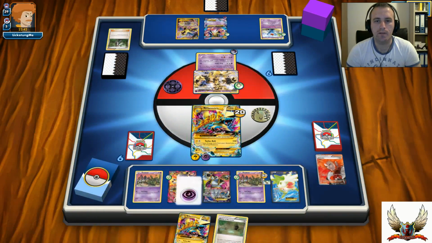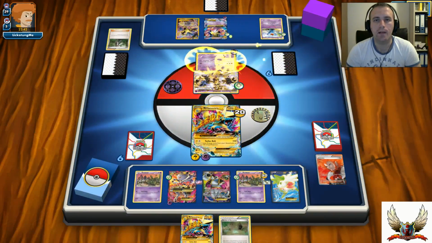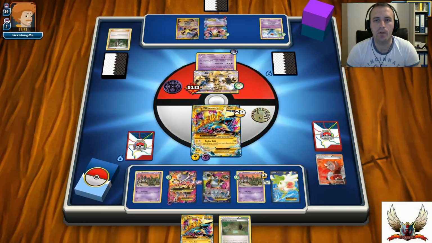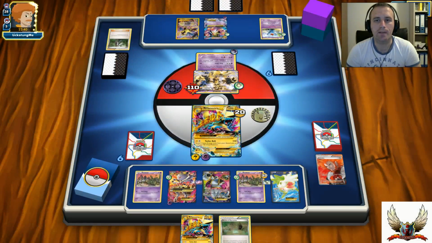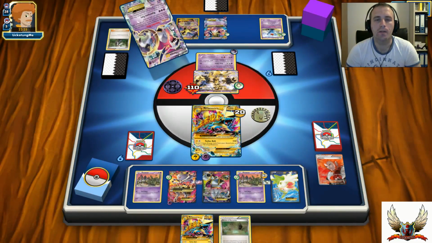Shrine of Memories, but I don't need that. Just Turbo Bolt for 110. Next turn I can get rid of that item lock, and that could be a nightmare for my opponent, because even if he finds another Mega Alakazam, he's not going to be able to actually knock out my Manectric, because he can do just 130, I guess. Yes, 130. So there's another Hoopa play for that Scundering, so he can search his deck for at least 1